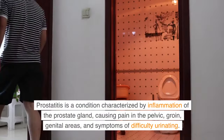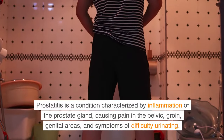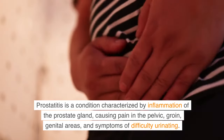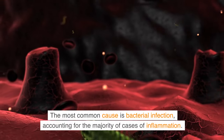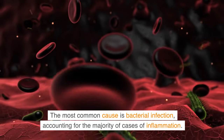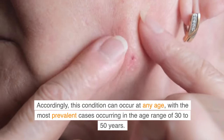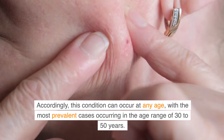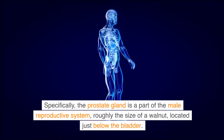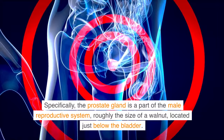Prostatitis is a condition characterized by inflammation of the prostate gland, causing pain in the pelvic, groin, genital areas, and symptoms of difficulty urinating. The most common cause is bacterial infection, accounting for the majority of cases of inflammation. Accordingly, this condition can occur at any age, with the most prevalent cases occurring in the age range of 30 to 50 years. Specifically, the prostate gland is a part of the male reproductive system, roughly the size of a